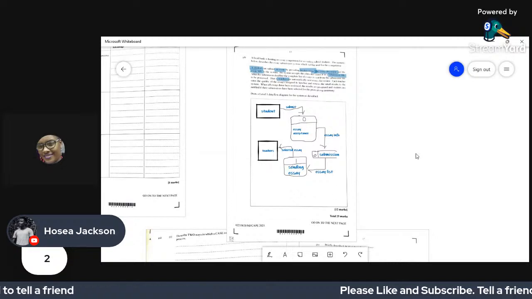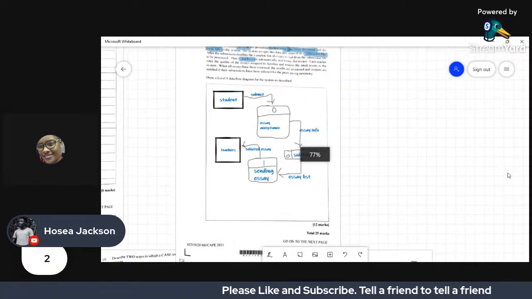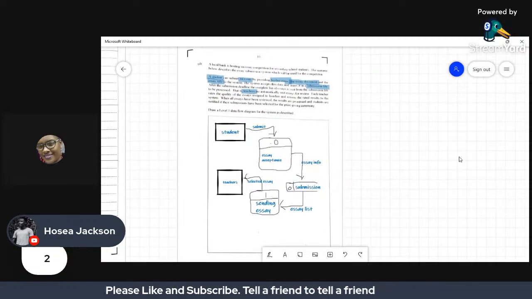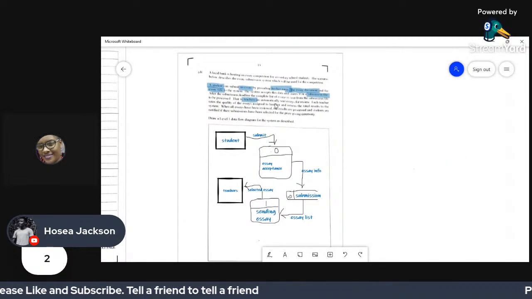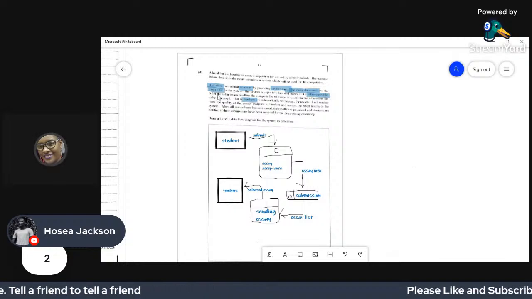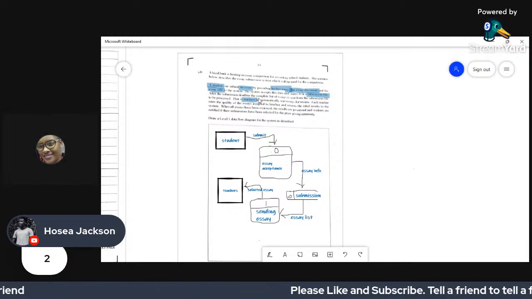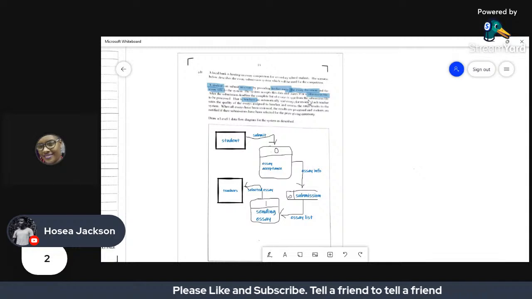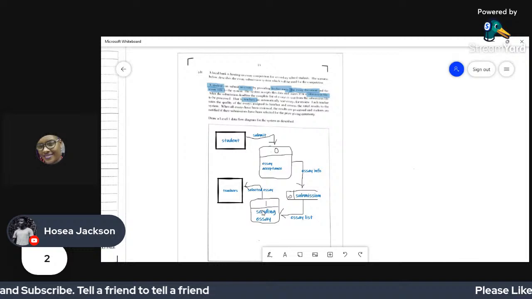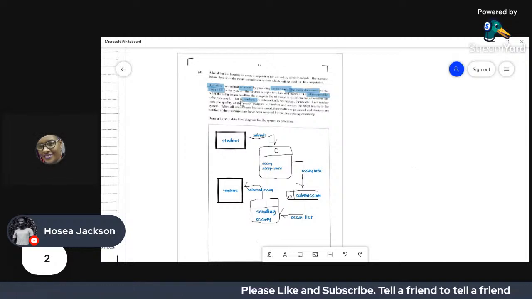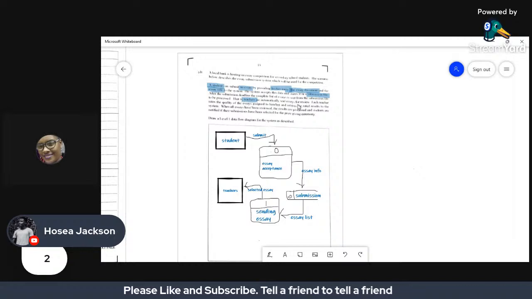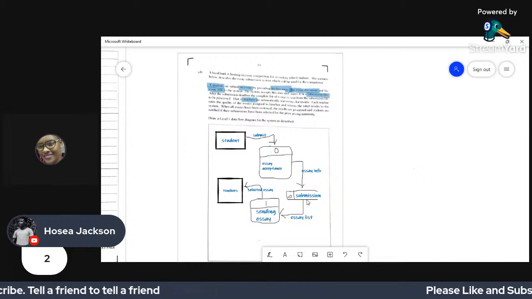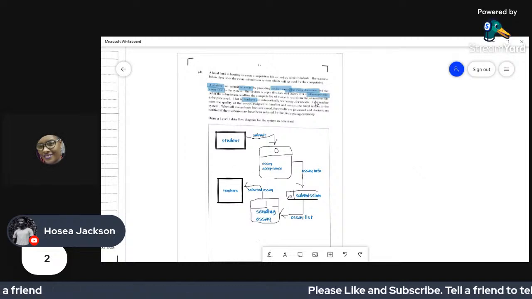Let me try and zoom back in. I think this one was scanned poorly, so the image is not as clear. All right, so it says after the submission deadline, the complete list of essays is sent from the submission file. So we showed that part. So from the submission file, it is sent to the process right here. That's what we did. To be processed, that is, teachers are automatically sent essays for review. So right here now, that's what we did. We're sending the essays that we got from the submission file to the teachers.